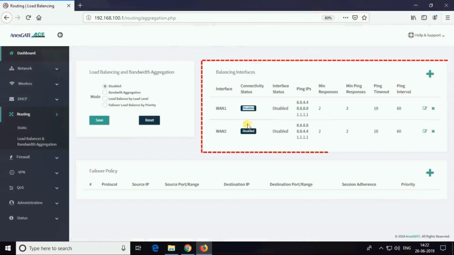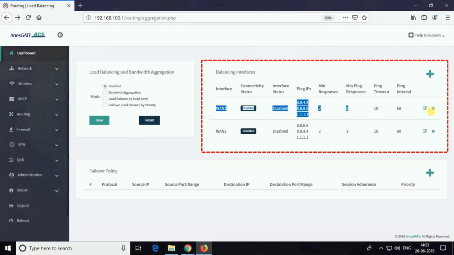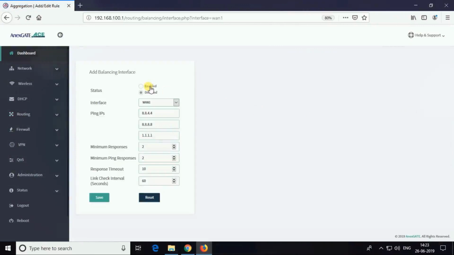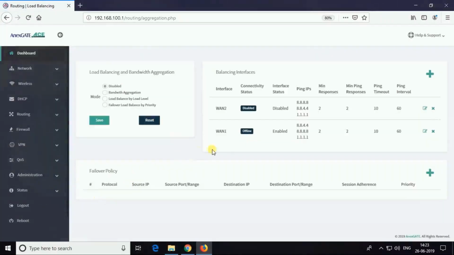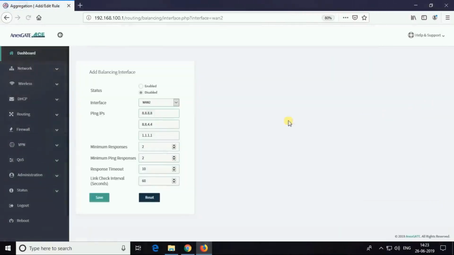At the beginning, both the WAN balance interfaces will display as disabled, and you can edit these values by selecting the Edit option. First, let us edit and enable WAN1 by selecting WAN1 in the option Interface. Also confirm the respective values for parameters mentioned and save these settings. Similarly, let us edit and enable WAN2. Select the WAN2 option in the interface. Also confirm the respective values for parameters mentioned